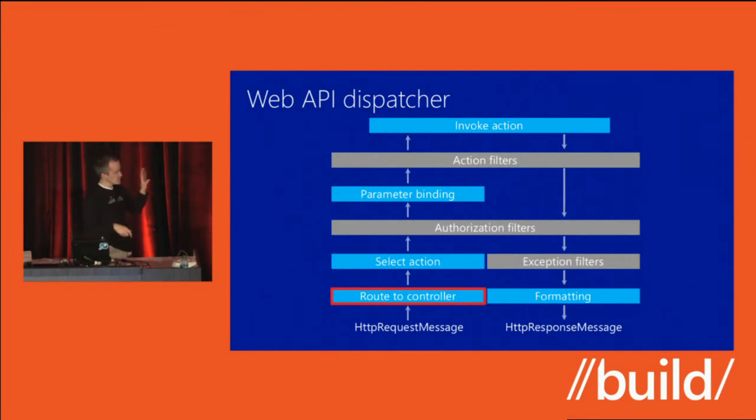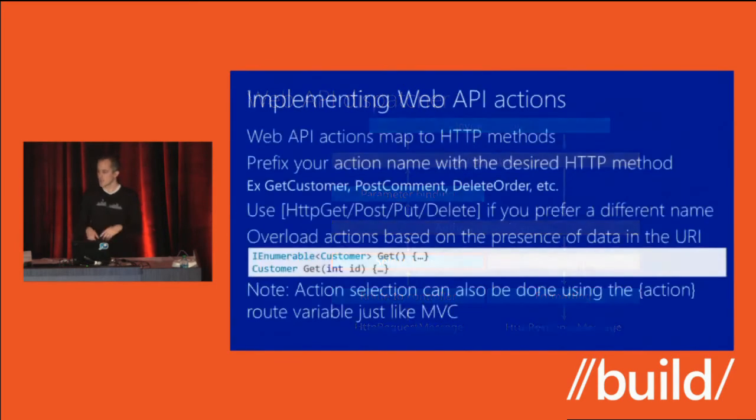What I'm going to do is walk through how web API deals with the request as it arrives at that controller, how we pick it, how we deal with the actions. We just talked about how you're going to route to your controller using routing. We provide a default route for you. We'll look at the route variable and go find your controller type based off of that route variable in the route data. And then next, we're going to pick an action on that type. So how do we do that?